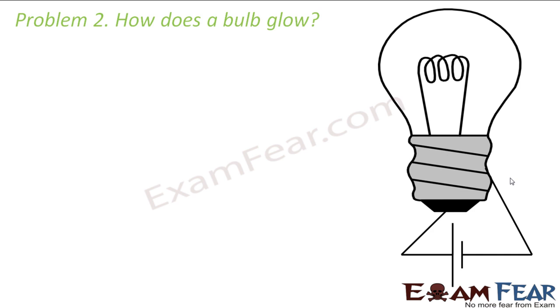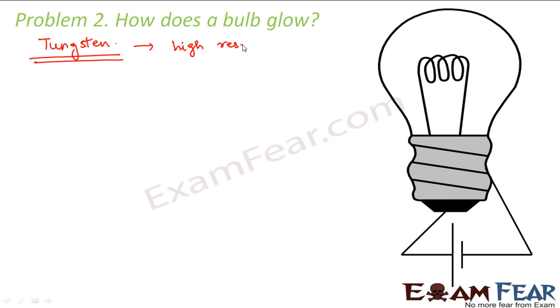Basically, if you look at a bulb carefully, you will see a very thin filament inside the bulb. Tungsten plays a very important role in a bulb. This filament is made up of tungsten. Tungsten is a metal which has relatively high resistance. That means tungsten is not a very good conductor of electricity like copper or aluminium. So it allows electricity to pass through it, but it offers a little more resistance.